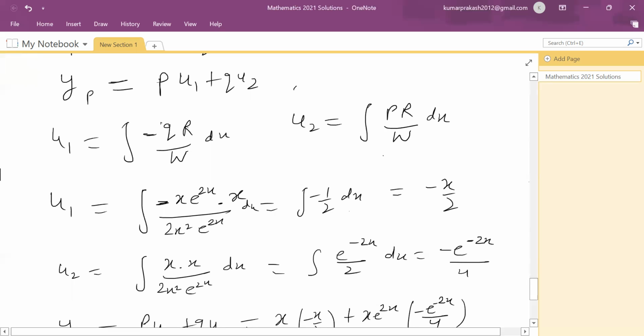Try this problem. There is a question in 2018 or 19, I think, of variation of parameters, where you have to do the same thing. First, reduce the equation to standard form. Don't directly apply. Because r will change when you change the equation, write the equation in standard form, and your r will change accordingly. Always use the r which is in the standard form. Never use the r directly from the equation.